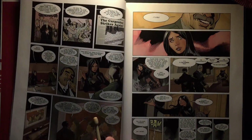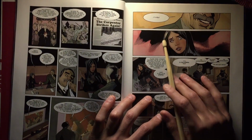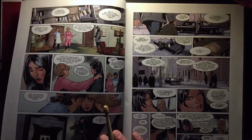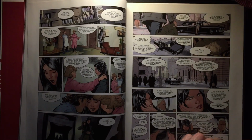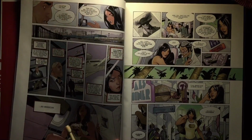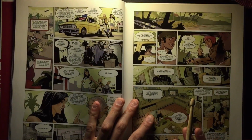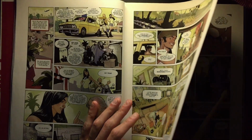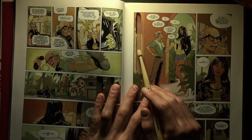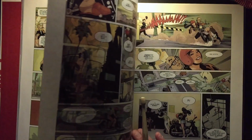So what this one is about is this woman is a Soviet spy, basically, that comes to America and has to blend in and stuff. It sounds like a bit of a generic story, but it's just done so well. So for those of you who might like a spy, sort of strong female protagonist,